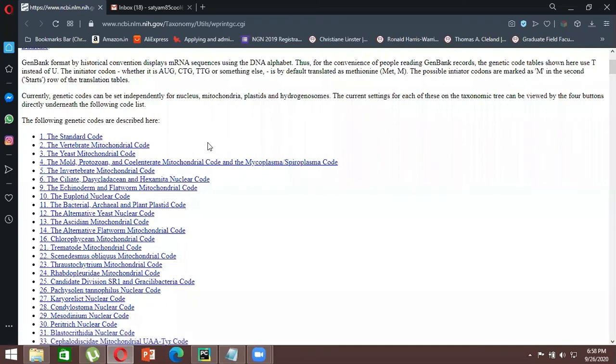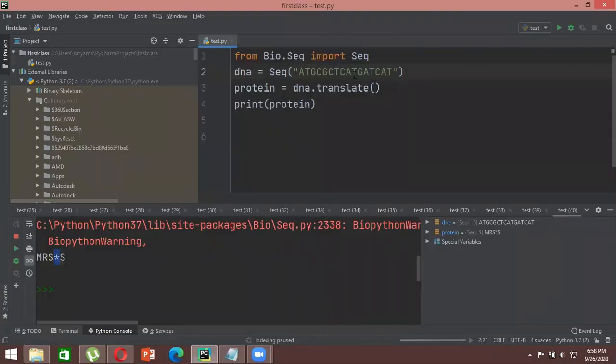The standard code is जो कोड हमारे बुक्स में दिए होते हैं ना, the 64 कोड, जो 3x3 का टेबल हमारे पास ग्रिड बनाता है बुक्स में, that is what is known as a standard code, जहाँ पे you can calculate कि ये GGG will code for something or AUG will code for something. And in a similar way, they have also defined the code for different kinds of organisms, like vertebrate mitochondrial code, yeast mitochondrial code, mold and protozoans से अलग coding है. And for these different codings, your codon will code for different amino acids. So don't get confused when you see that a particular codon is coding for something else. Okay.